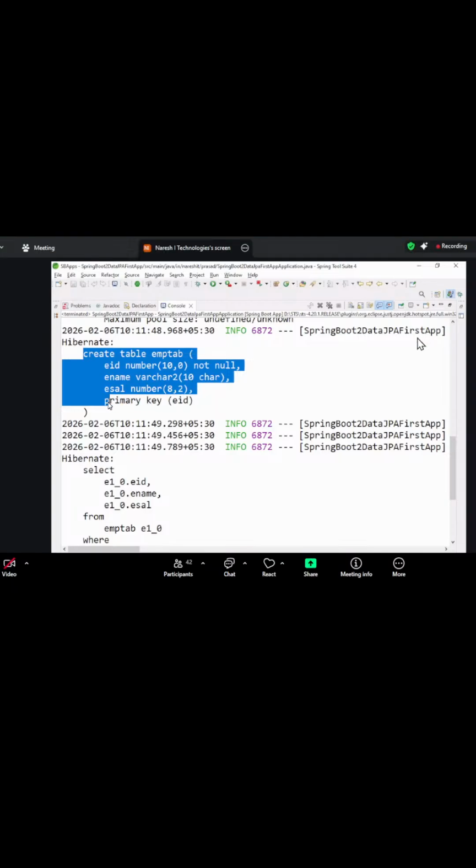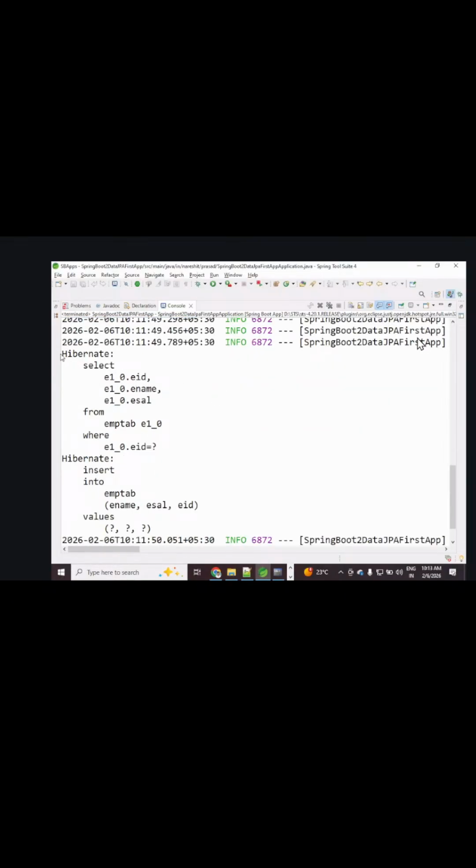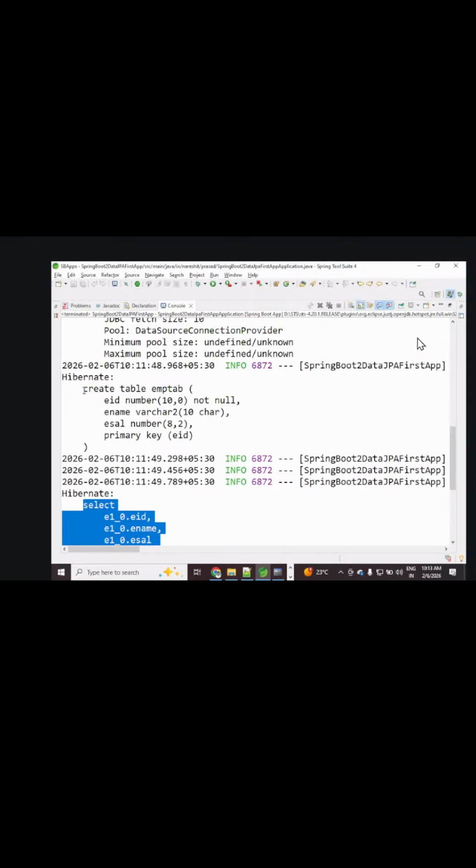Primary key ID is what? The EID only, we make it as what? Primary key. Yes or no? Right. Then Hibernate, select something. Show SQL. Here, what? That SQL, that is